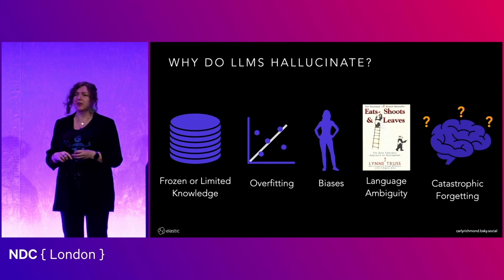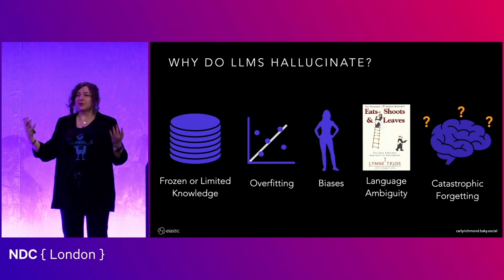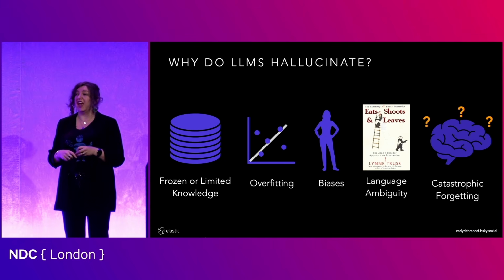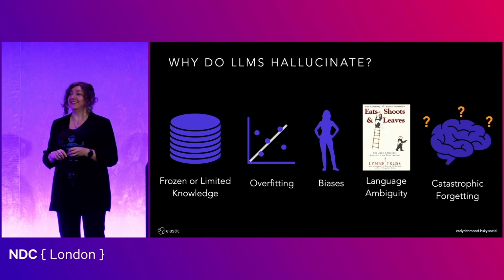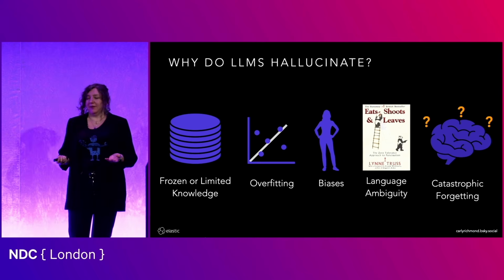And the last thing is a really wacky one called catastrophic forgetting. Has anyone heard of this one? One person. So it's kind of like what it sounds. It basically, through maybe poisoning or some other particular kind of operation, it ends up forgetting massive chunks of the data it was trained on. It's not fantastic, but all of these things can happen.